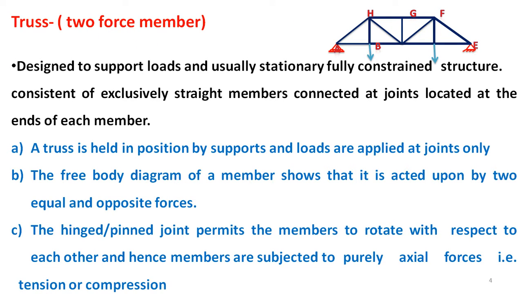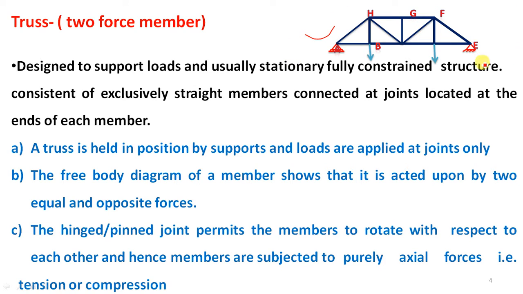Now, truss. If you observe this particular member, where have you observed this part, any idea? Yes, you observe such a type of structure in a railway station. It is used to support the bridge slab. There are different types of bridges, deck bridge, through bridge. So in order to support the slab of that bridge, we require this type of structure. This is known as a truss.